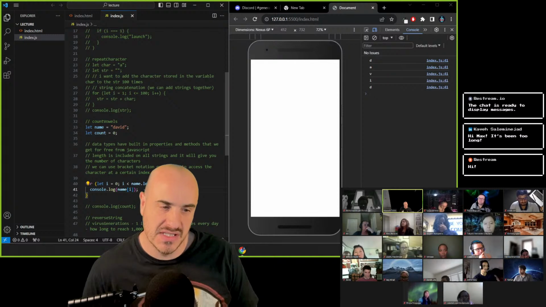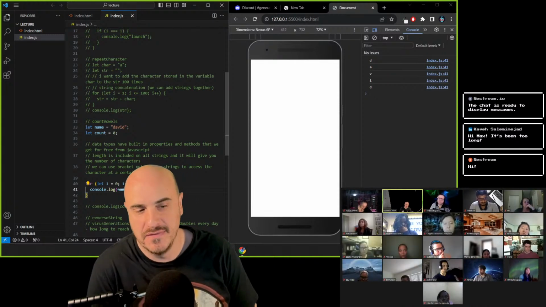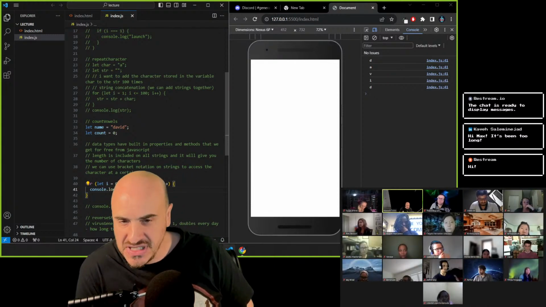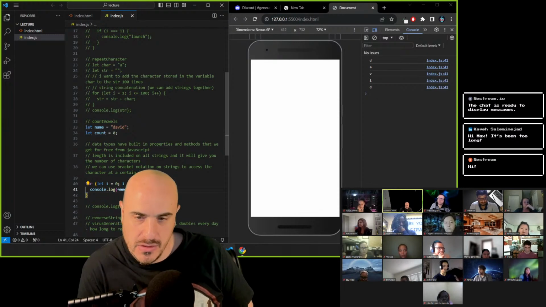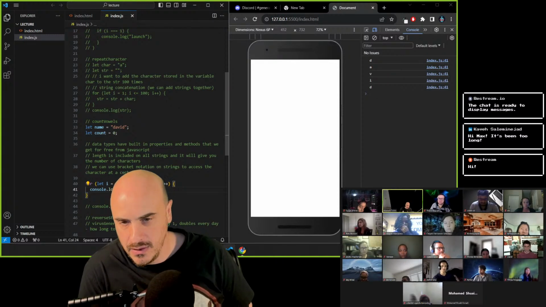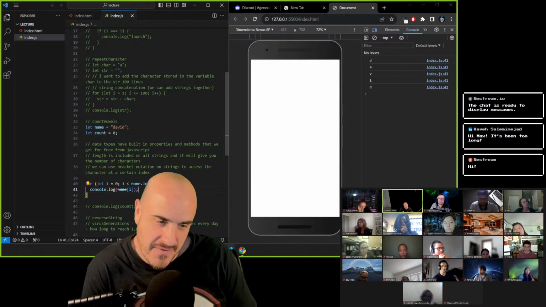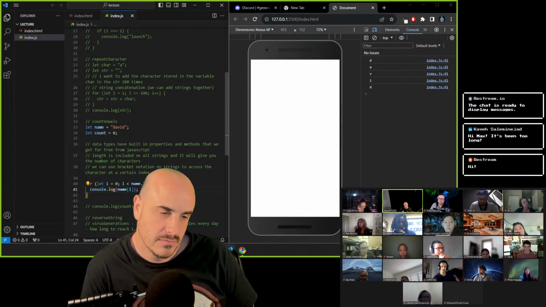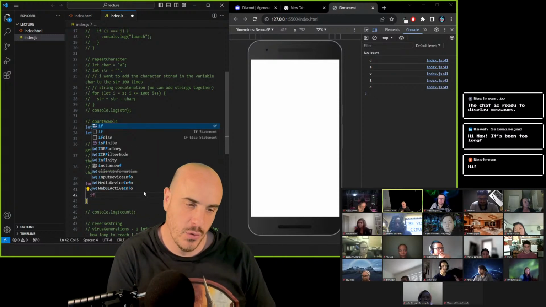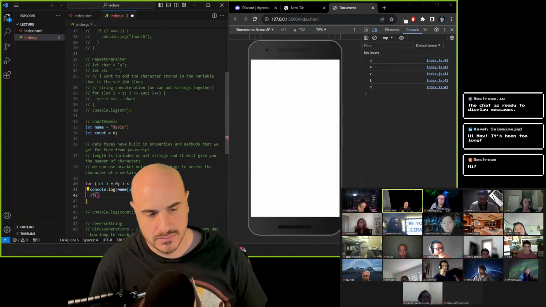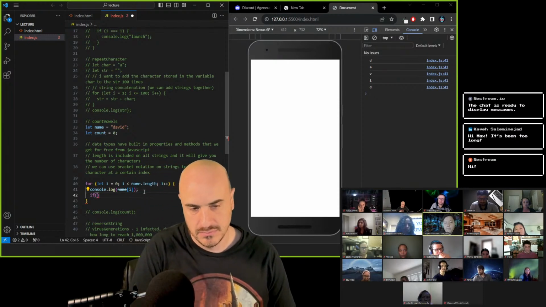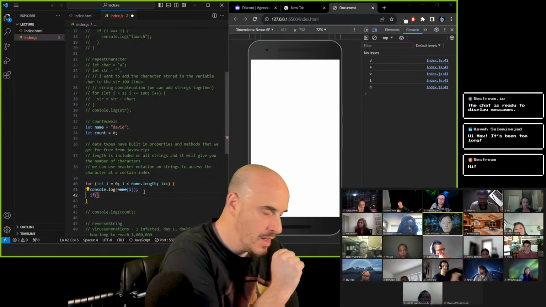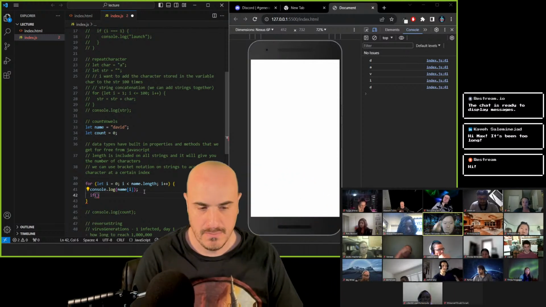But now let's return to our objective. We want to count the vowels. So our count is 0, but how can we use the logic we have written to increase our count when we encounter a vowel? Use an if-else. Sure. So what do I want to say for the if? If name bracket i